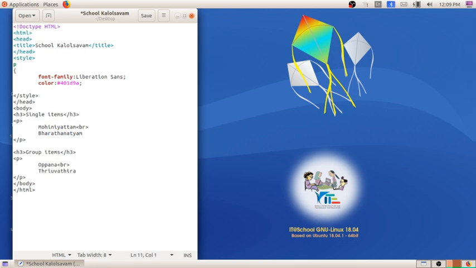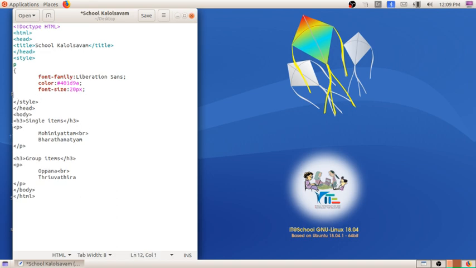Again enter, put tab. We have to write the font size also, font-size colon 20 pixel. And we have to close this bracket.